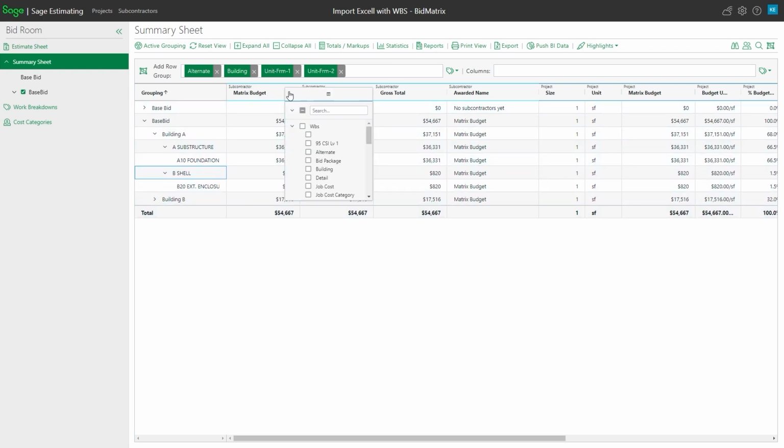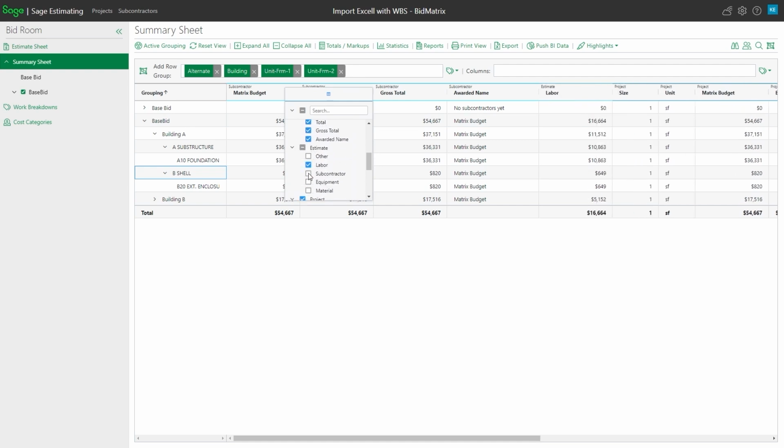There's also more columns that you can display. So as I go through there and say that I want to see my labor and materials and things of that nature, you could go in and actually turn those things on to get more information. So for my estimate, I can say I want to see my labor and subcontract and equipment and material.